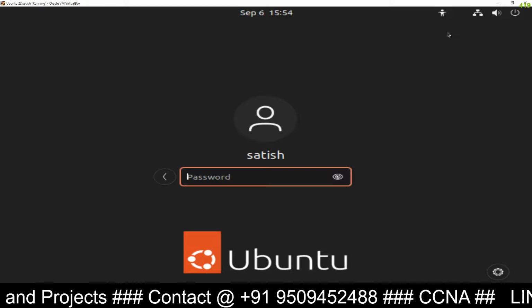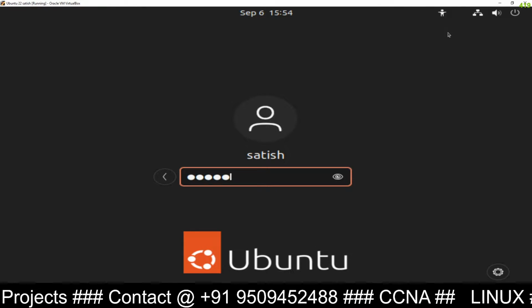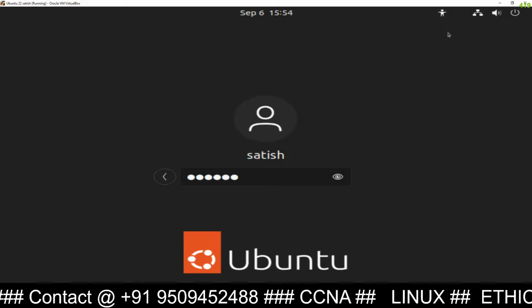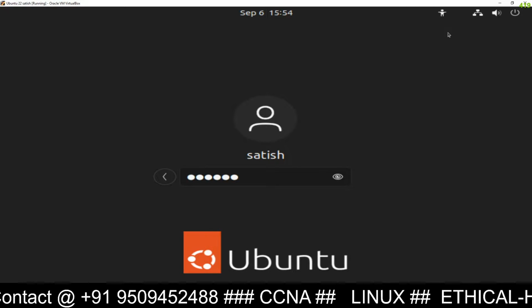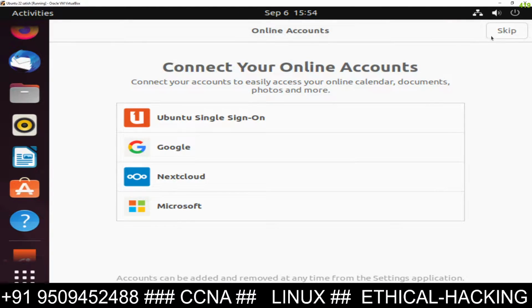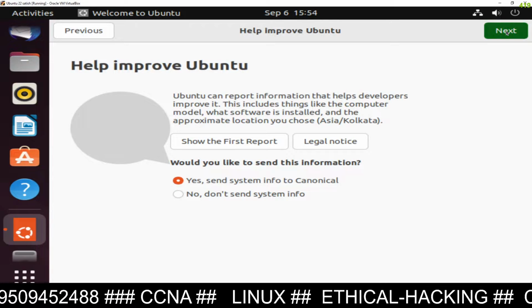And here, the login password which you have mentioned during the installation, red hat. Type the password and we log in. Now we log in for the first time. Just click on skip, next,